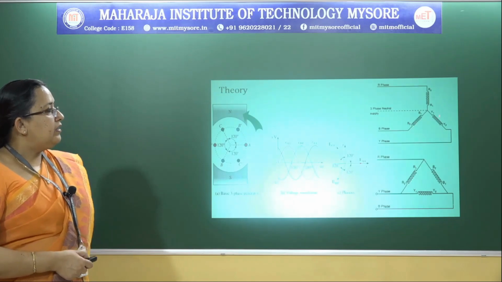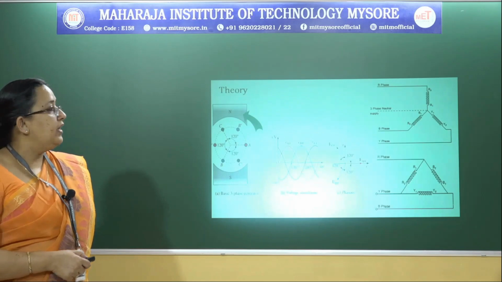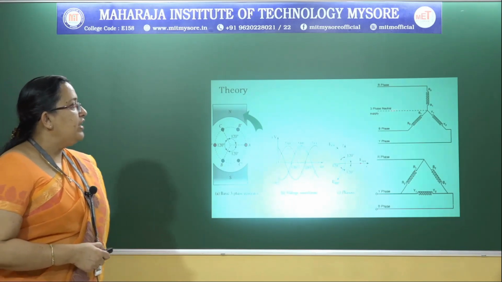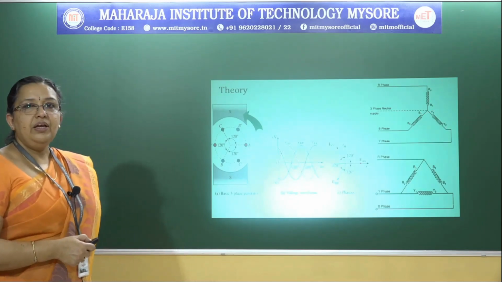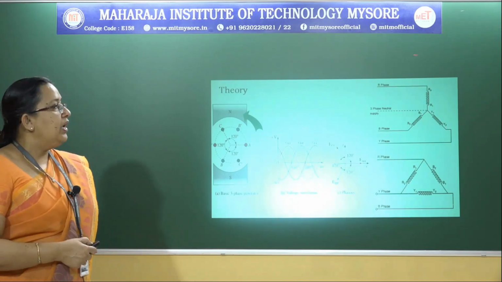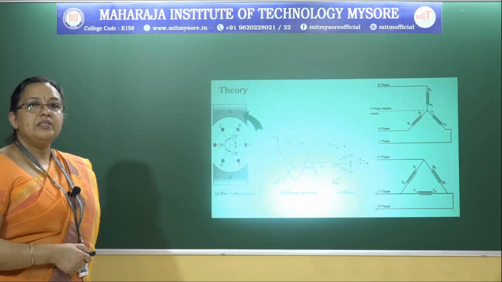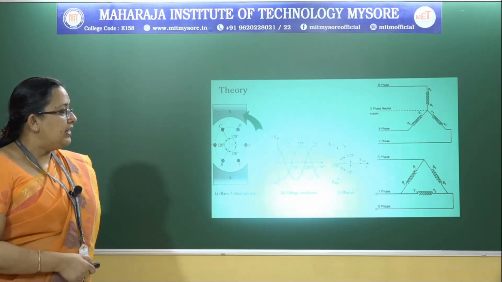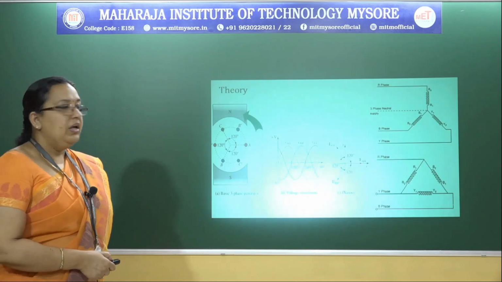But there is a difference between these 2 connections. In star connection the phase voltage and line voltage differ by a multiplication of root 3, but the phase currents and the line currents remain the same in a star connected system. Whereas in a delta connected system, as there is no neutral wire at all,